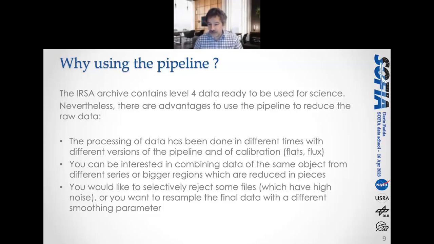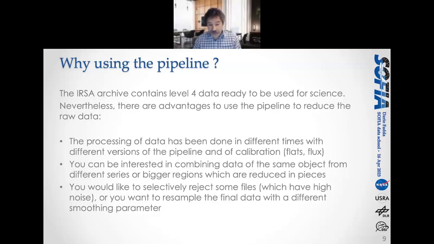So if you want to obtain the complete map of the galaxy, for instance, in this case of NGC 7331, you want to reduce them in a homogeneous way and put them together in a final spectral cube. And then if you are particularly inside the data reduction, you can find some data that are a little bit not standard. So they have, for instance, very high noise. And so you want to perhaps re-obtain a cube by discarding some files which are very, very noisy. So in this case, you can obtain a better